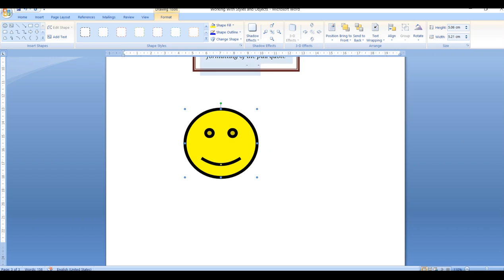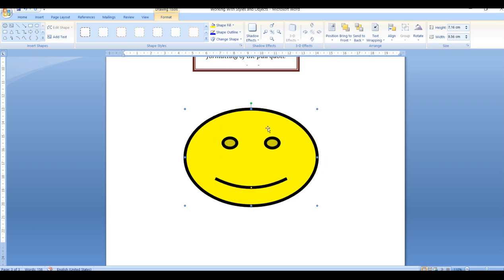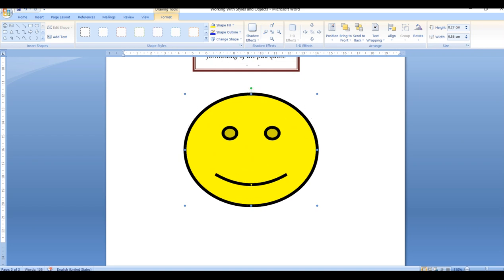Now suppose I want to increase the size of it. I'll just go to the edges and increase the size of my shape as per my needs. So here I have increased it. Now for the same shape, if I want to give a shadow effect, how will I give it?